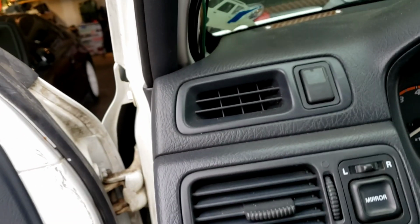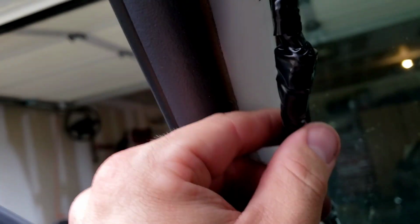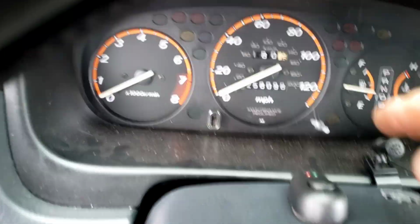That way I can get to it easily. And then, of course, I electrical taped the connecting butts right here, and you just connect it. And I just zip tied it to the OEM harness, and away we go. I'm going to pop that back on. And I ran my wiring down through, if you look right behind here,